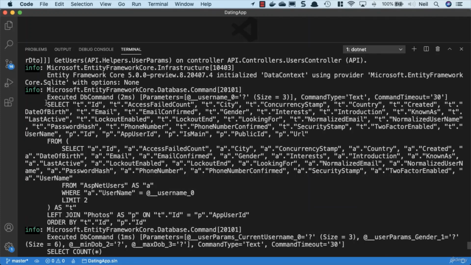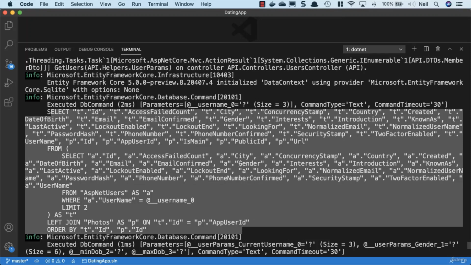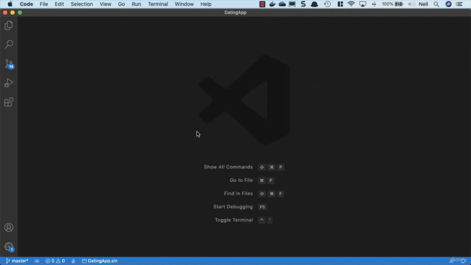Now, this particular request, we're selecting everything from everything and we're getting a user, and we've got the join to our photos table as well. This particular query, just before we go and fetch a list of users, is simply to find out what gender the user is. We don't need to make this kind of query to get that kind of information. If we go to our users controller,